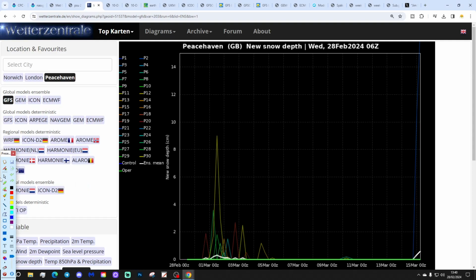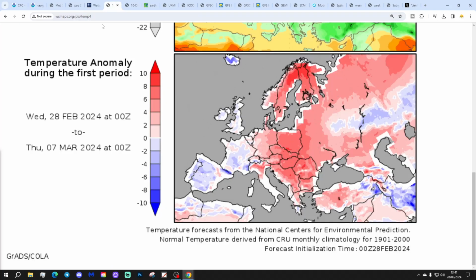Snow row looks like that, so a chance of a few flakes down there at Peacehaven. Doesn't look that dramatic, but there's a bit of a cluster of snow spikes there around Friday and into Saturday. Might do a little snow watch tomorrow. I'm not sure if there's enough to worry about or not, really. I'm undecided, so we might have a little snow watch squeezed in tomorrow, though.